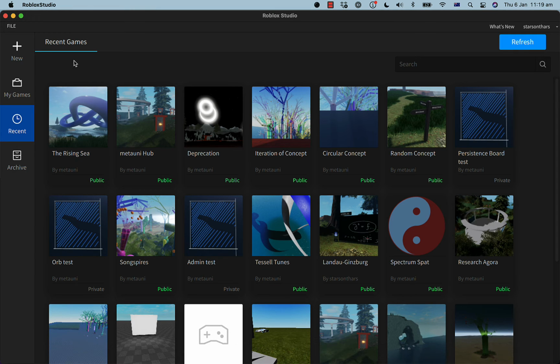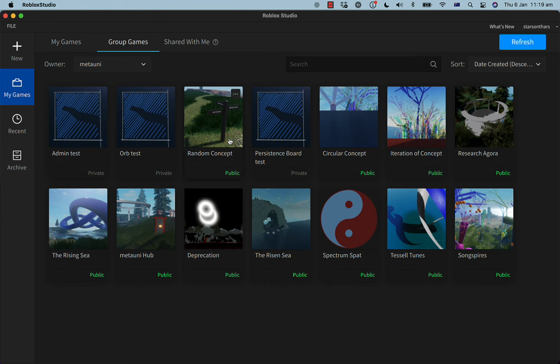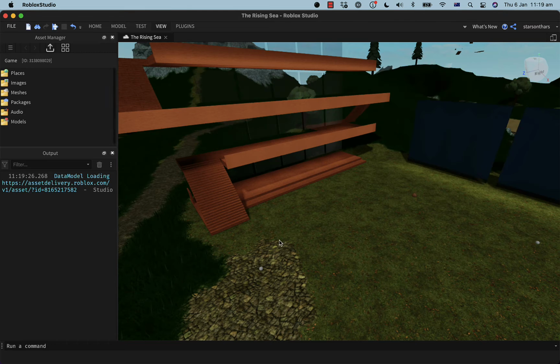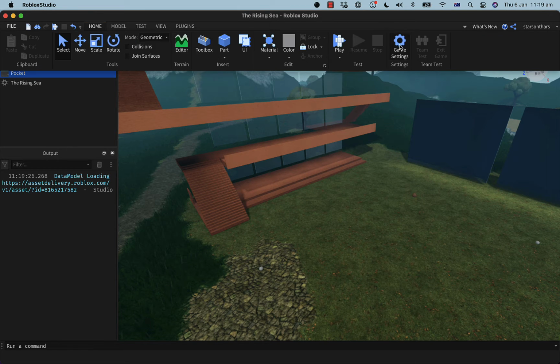Okay, sorry about that. Where do you configure, like this is the first place that you go to for this experience? Yeah, I think I know. Let's see. A starting place somewhere. Yeah, there we go. All right, because there's a spawn thing. Yeah. Maybe it's in game settings. Yeah.